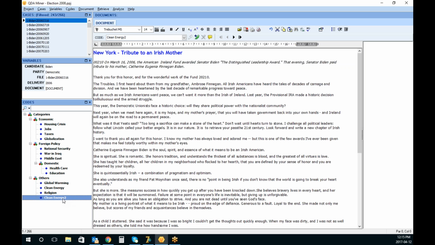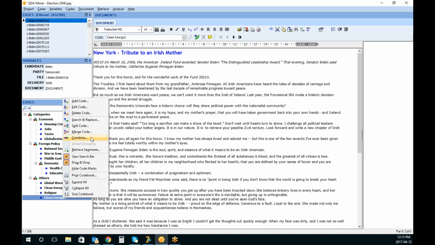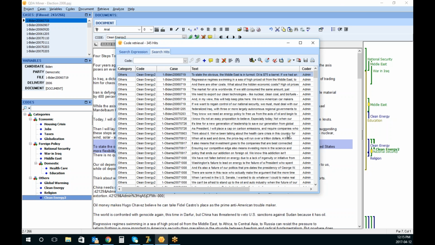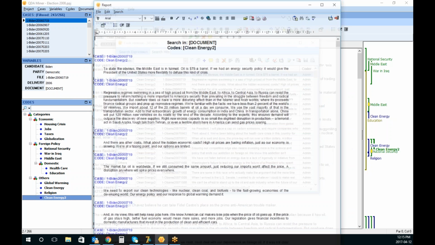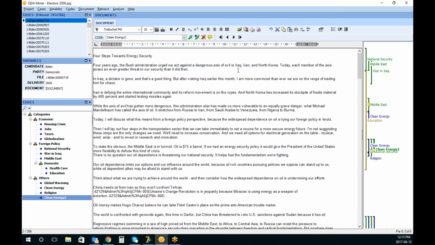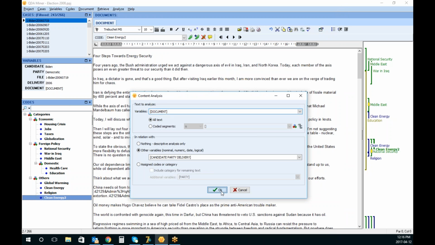Okay. I now have the clean energy, and if I do a keyword retrieval from here, I should be able to retrieve all those paragraphs and create some text reports. Okay, so here I'm using WordStat to apply some coding. Now let's look at a few other places where I could apply such kind of